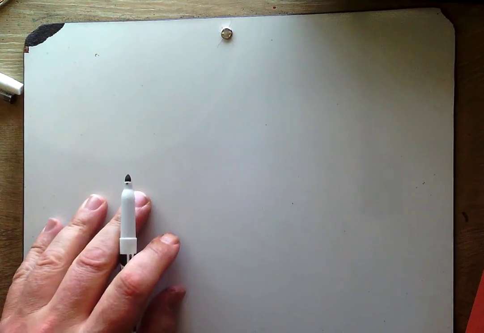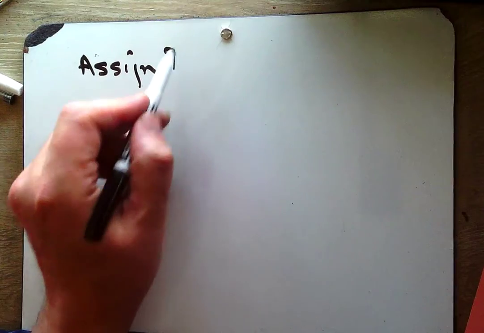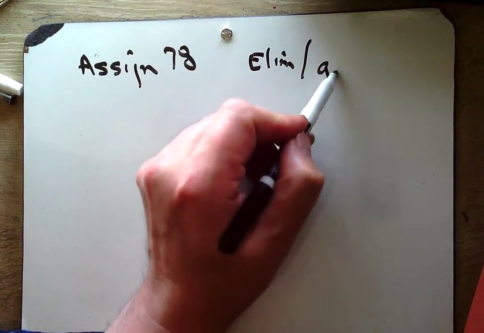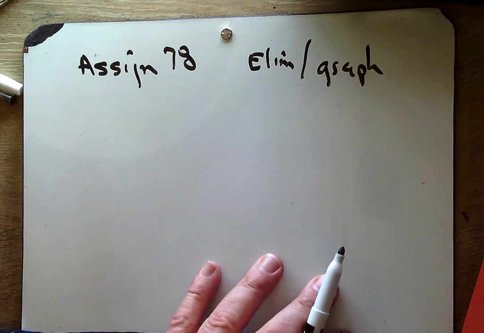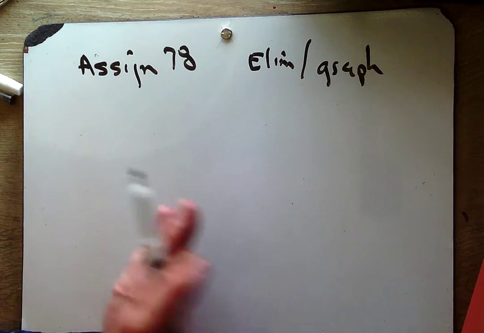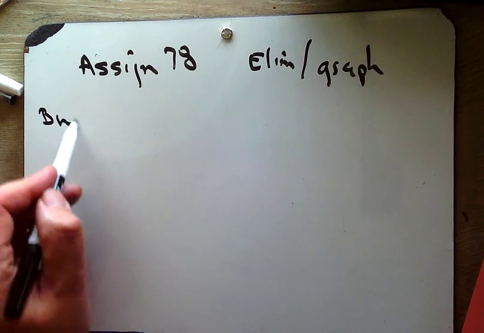Hey there. This is assignment 78 in our systems unit, and its focus is on elimination and graphing as a method for solving systems. I would love it if you did this problem as bell work